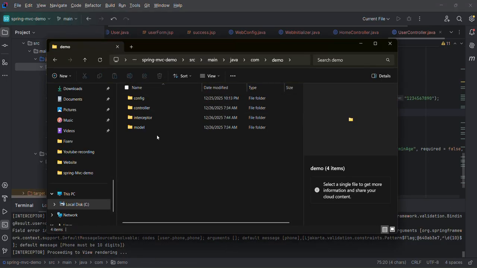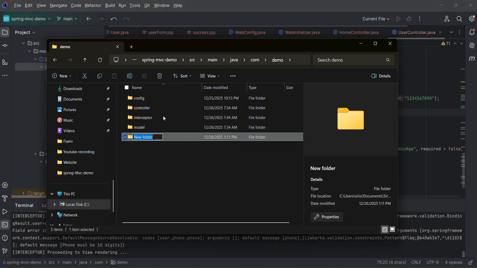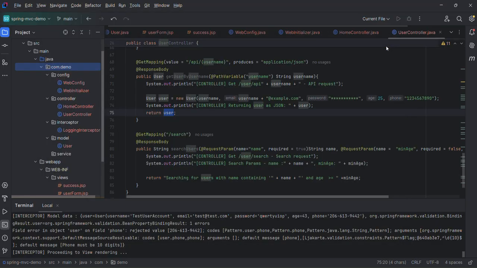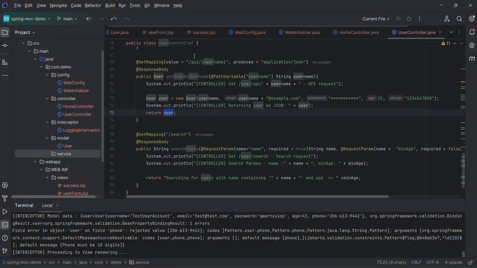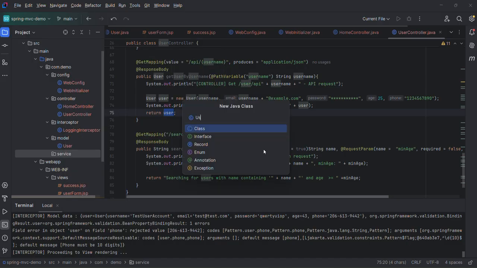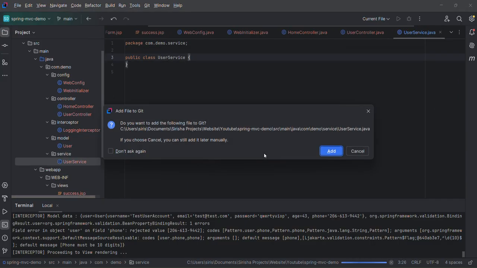So we have to create a folder service here, and inside the service we are going to create a Java class file, which is UserService. Okay,